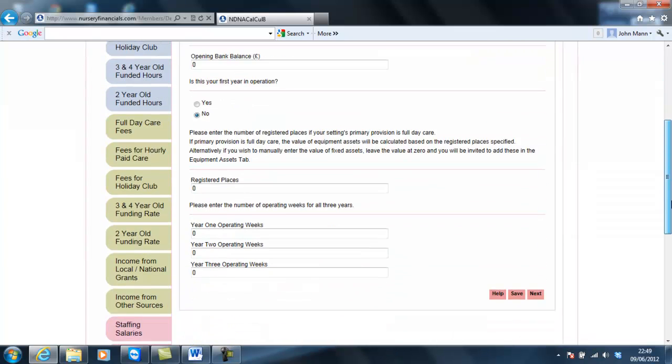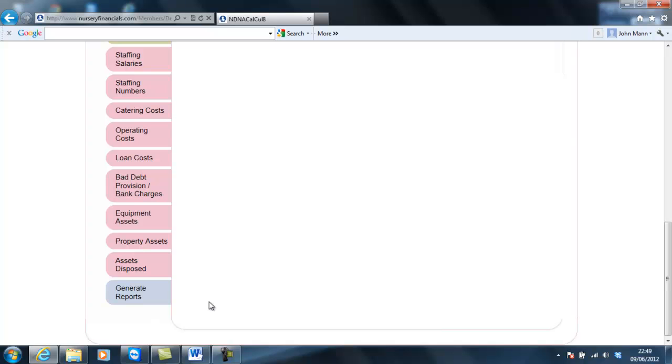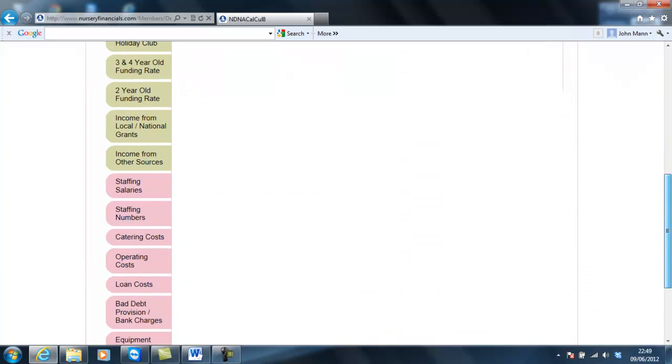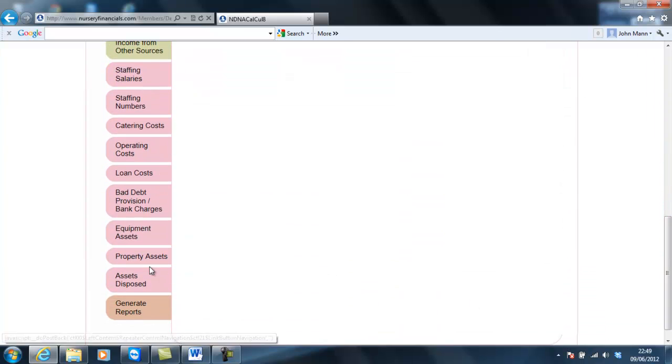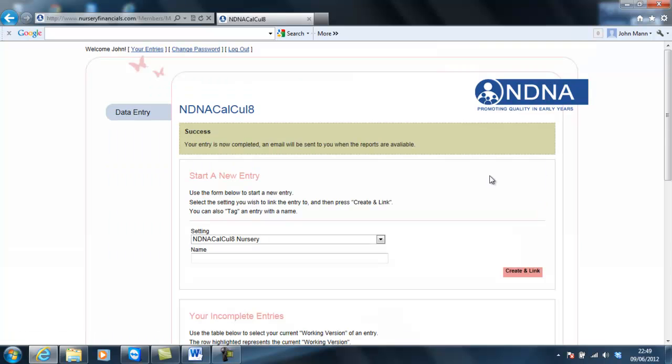When all the tabs are complete, or those tabs that I wish to complete are completed, I merely then go back into Generate Reports. You can see it's saying here I've not completed all of the tabs, but that might be quite legitimate. It may well be that I don't want to put any data in for property assets, say. Okay, so all I then do is to just say I want to generate the reports, and we go back